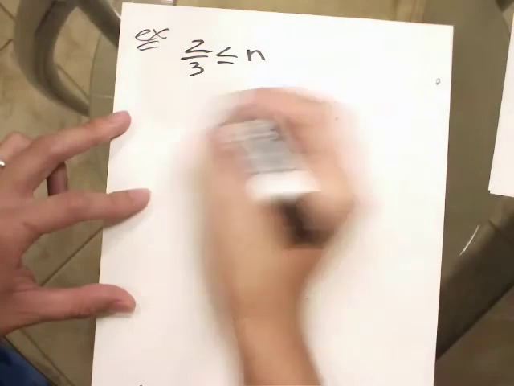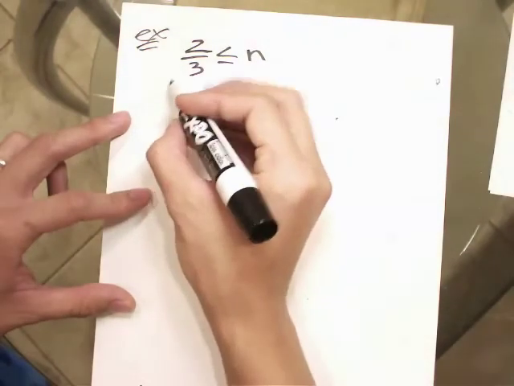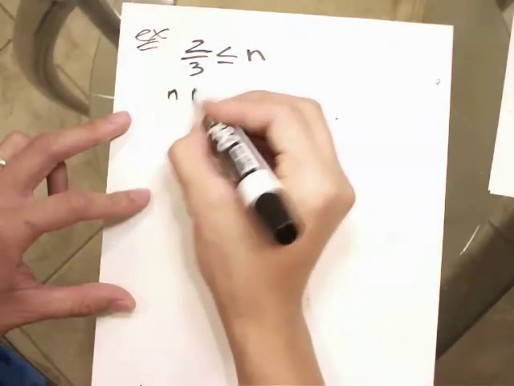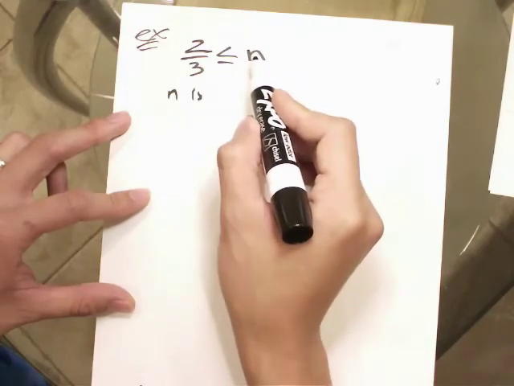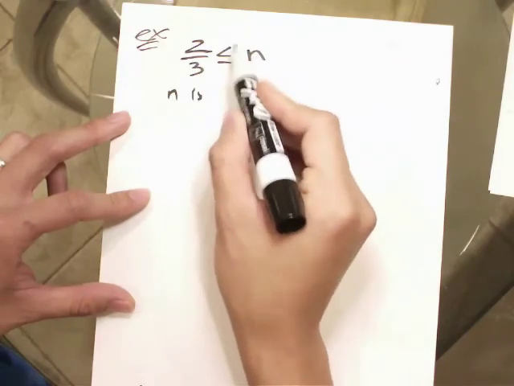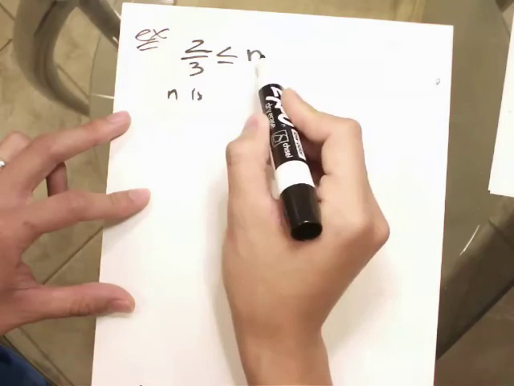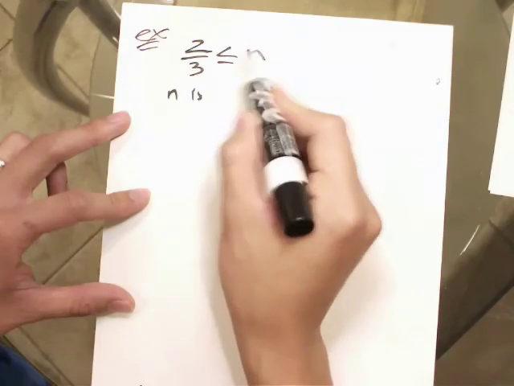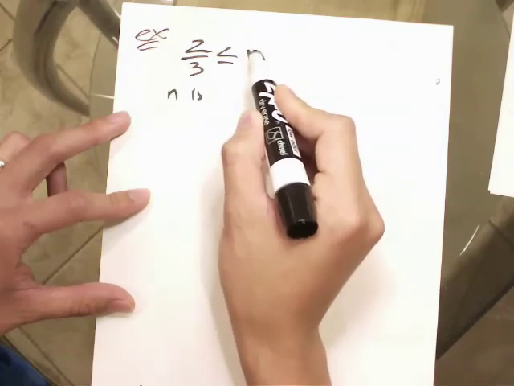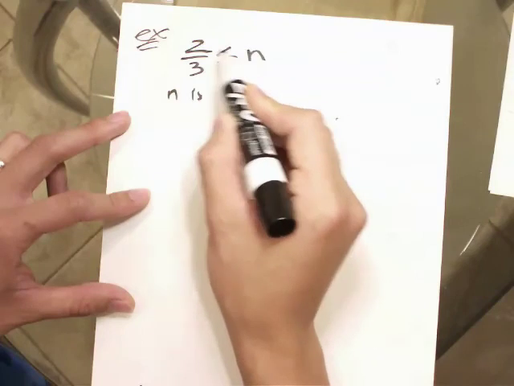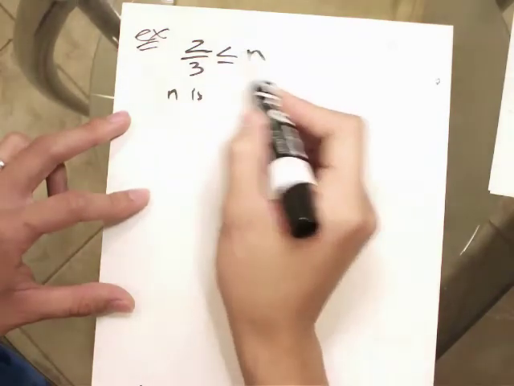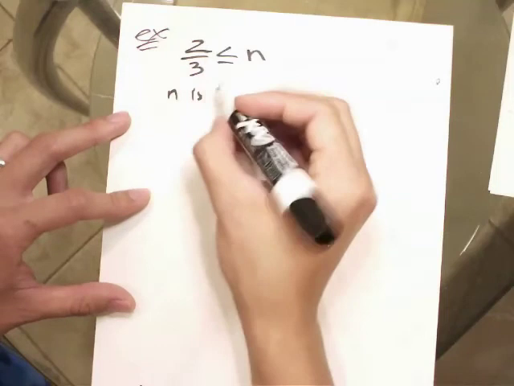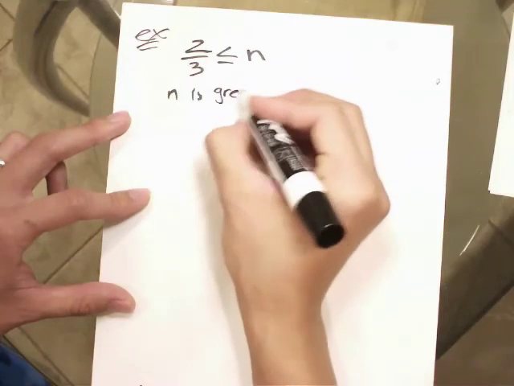So when we write it, how do you read this? Starting with the variable n. Okay, we know that the mouth of the symbol is facing letter n, so that means letter n is the bigger value, right? So since n is bigger, then you have to say n is greater than or equal to, because of this bar below, right? N is greater than or equal to, so let's write that. It's greater than